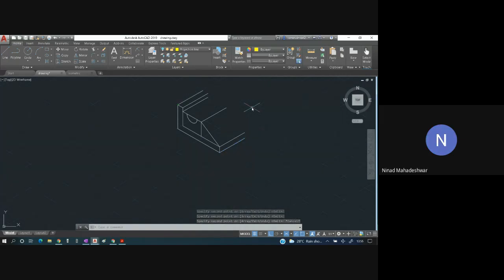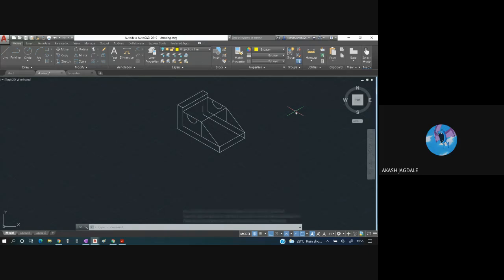Yes, sir. Now, once this is done, I will click on the front view. 1, 2, 3, 4, 5, 6, 7, 8, and 9. There are 9 lines, and this will be the 10th one. Now I am going to copy this entire front view along the breadth. So from here, I'm going to paste it over here, at the endpoint over here. Students, have you understood this?